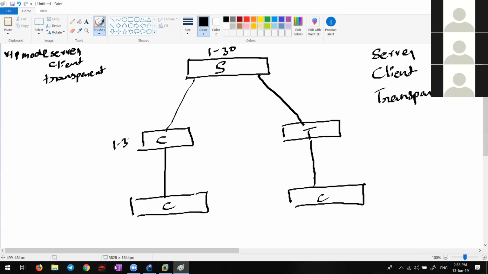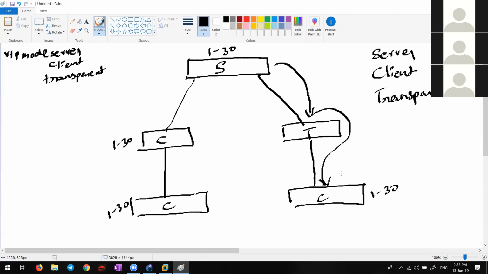Automatically he will also have 1 to 30, he will also have 1 to 30, and he will also have 1 to 30. But the transparent mode switch will not update himself from the updates sent by the server, but he will take that information and pass it to the client. He will not update himself, but he will send it to the clients connected underneath it.